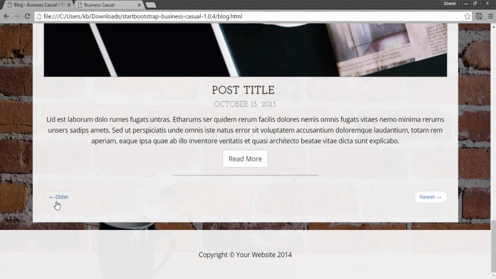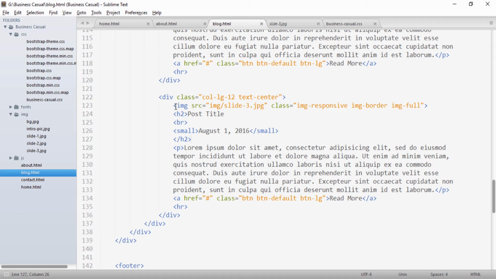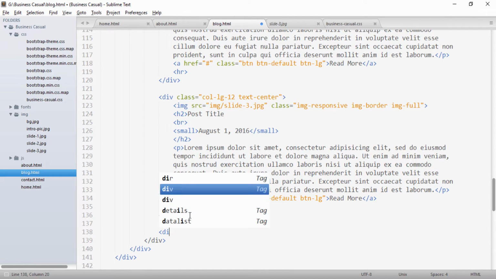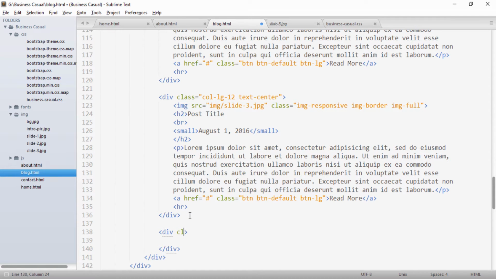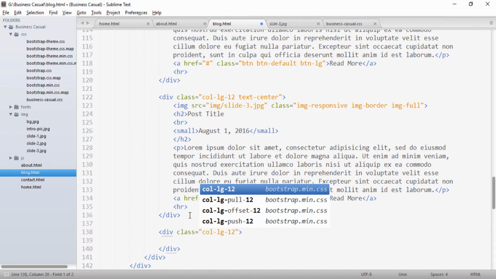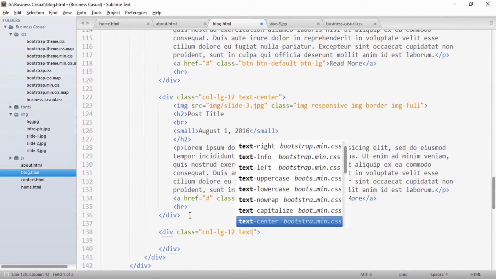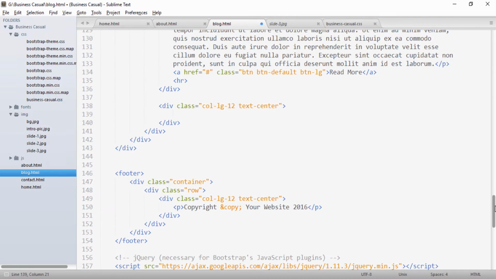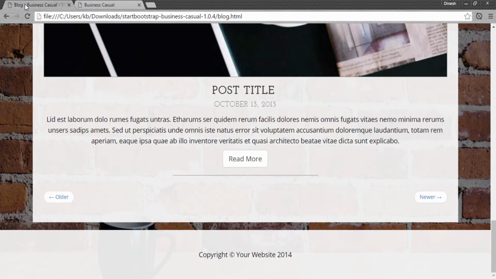so one last thing remains, which is to provide this pager. So we'll create a pager as Bootstrap also provides support for pagination. So just below our column here, what we can do is we will create another column, and to this we'll provide a class of col-lg-12 and a text-center property, and inside this we will be creating our pager. So basically this pager, if I show you, here you will see these are 2 links.